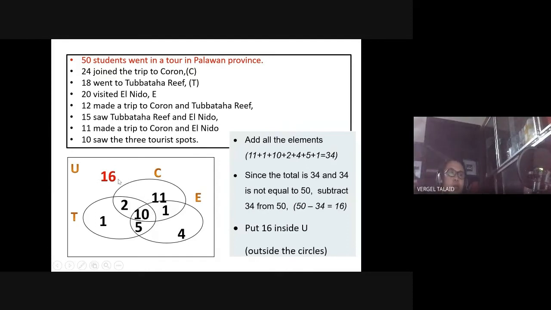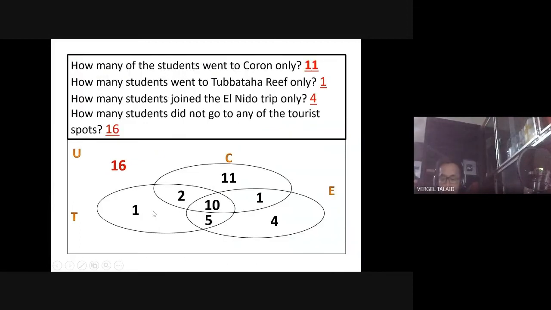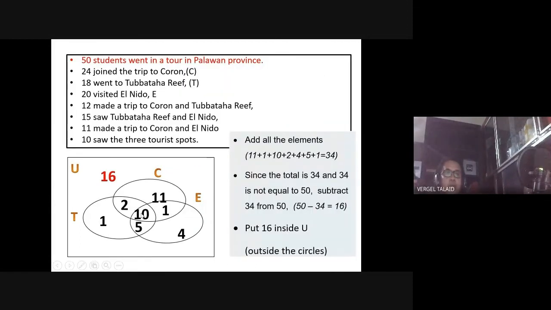So we have to put here outside 16. This is the difference between 50 and the sum of this, 34. 34 subtracted from 50, we have here 16. So if you are going to